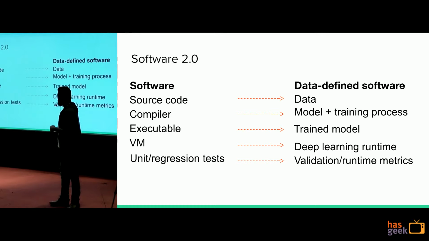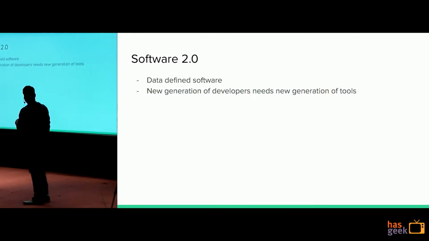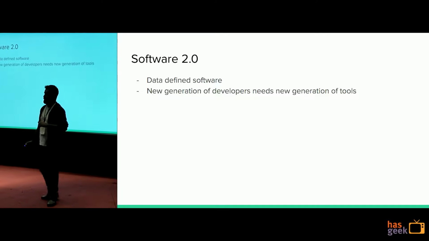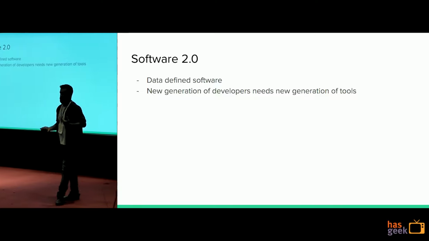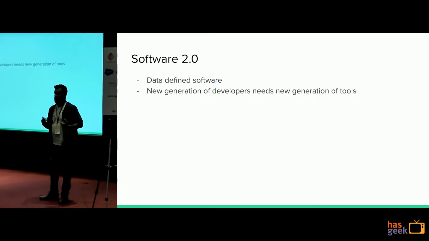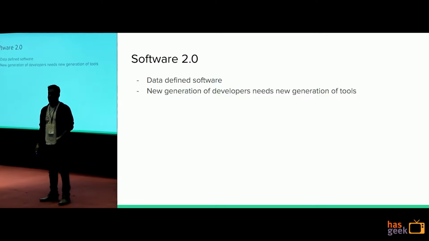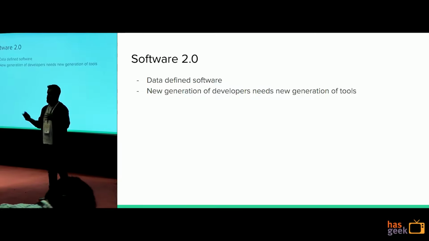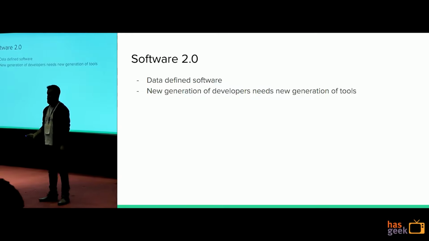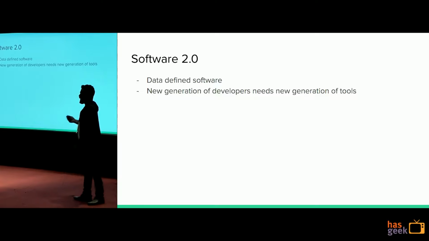So at TensorWork, we decided to take this up because software 2.0 is a completely different world. You need new toolkits to handle the things in software 2.0. You probably won't be able to use the existing toolkits that you have for software 1.0. But we haven't realized this so far. We are still using the old system which we developed for software 1.0. So we found this problem with the new data-defined software era, and we decided that we have to do something about it.